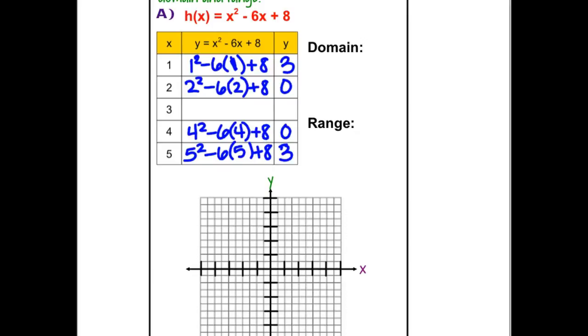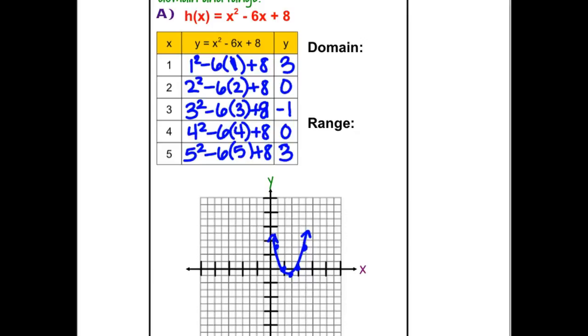And then we've got 3 squared, which is 9, 6 times 3 is 18, 9 minus 18 is negative 9, plus 8 is negative 1. So now we've got our 5 points, and we graph them. So we go (1, 3), (2, 0), (3, negative 1), (4, 0), (5, 3), and we make sure that we draw that nice smooth curve of a U and that it keeps getting wider and don't draw it straight up